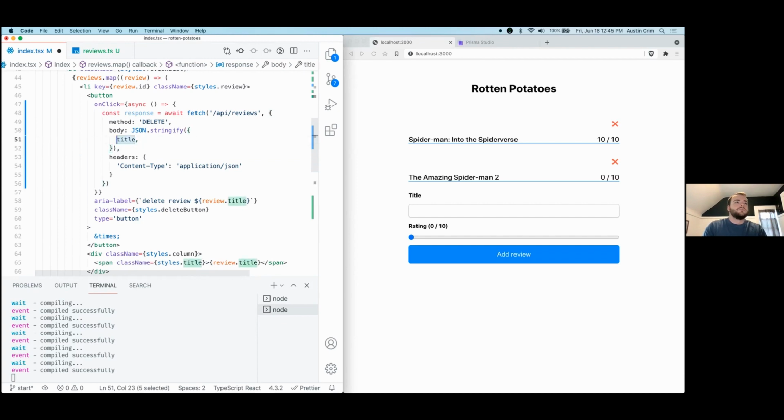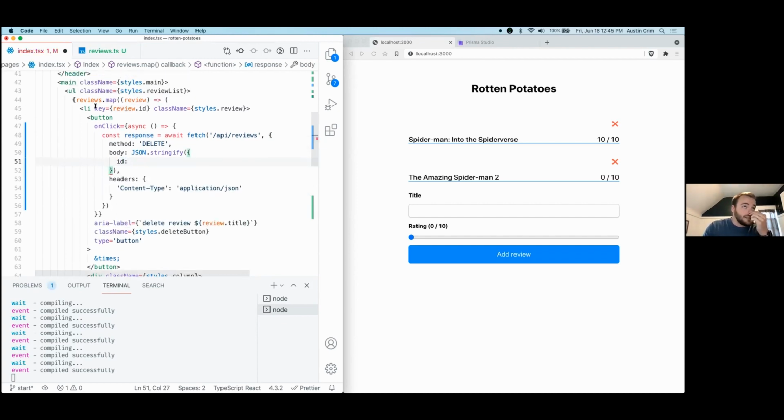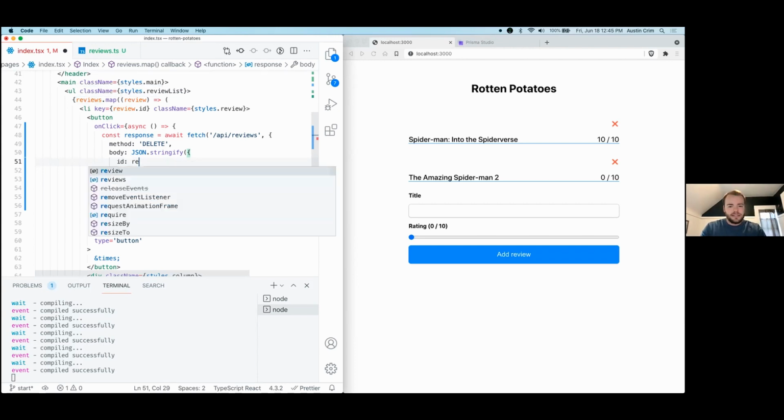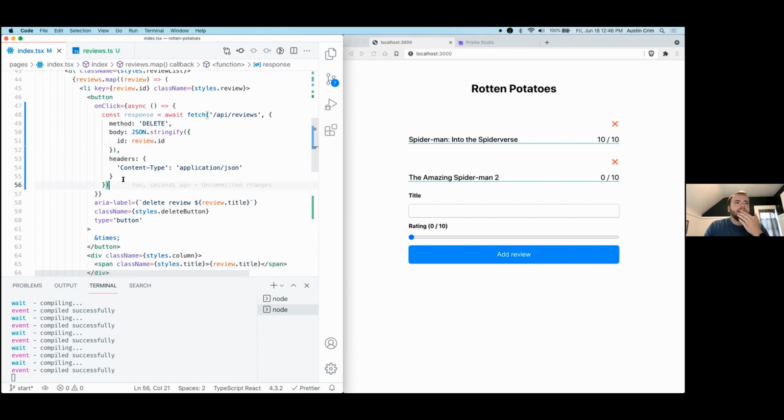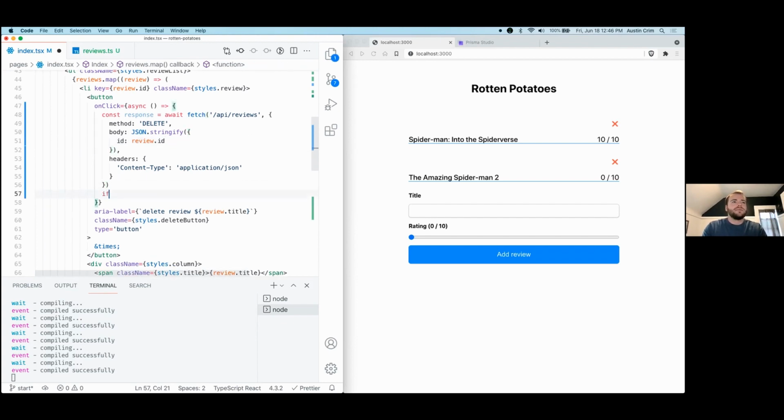So what we'll do is we'll specify the ID as a property, and then we'll grab the ID from our existing review where we're mapping here. So we'll have access to this through review.id. And again, we're getting that IntelliSense. And then if this works,